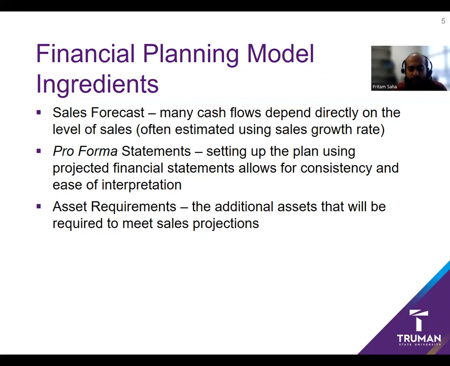Upon doing the sales projections, the next step is pretty easy. Now you have to forecast all other items. You have to forecast cost of goods sold. You have to forecast all of these things. Now you have to make the pro forma statements. Pro forma statements are all about forecasted financial statements: a forecasted balance sheet, a forecasted cash flow statement, and a forecasted income statement. So they are forecasted statements.